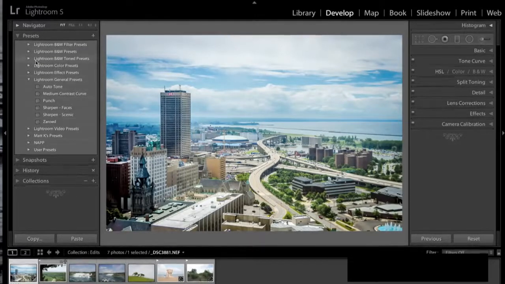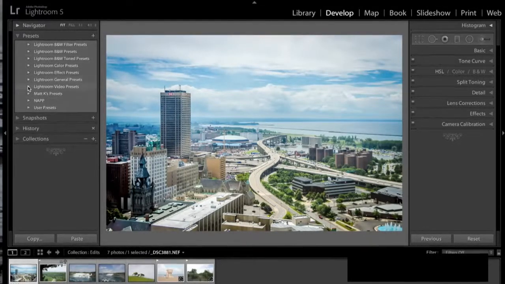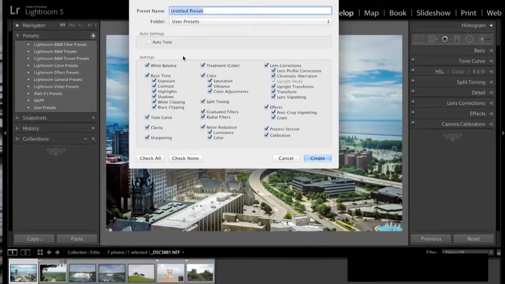Lightroom comes with some presets already, and if you might remember in part 5 I showed you the sharpening presets, but we're not going to use those. We're going to make our own. Right here to the right, click this little plus sign and you'll come up with this dialog box. First thing it does, it asks you to name your preset, and I'm going to name this one Landscape